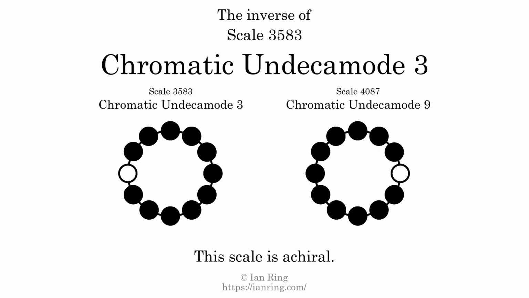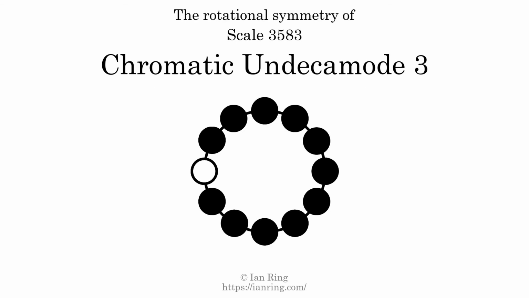The inverse of a scale is a mirror image. It is what you get when the sequence of intervals is reversed. The inverse of this scale is scale 4087, also known as Chromatic Undecamode 9. This scale is achiral, since it can transform into its own reflection by a rotational transformation. This scale has no rotational symmetry. For even more detail about this scale, visit